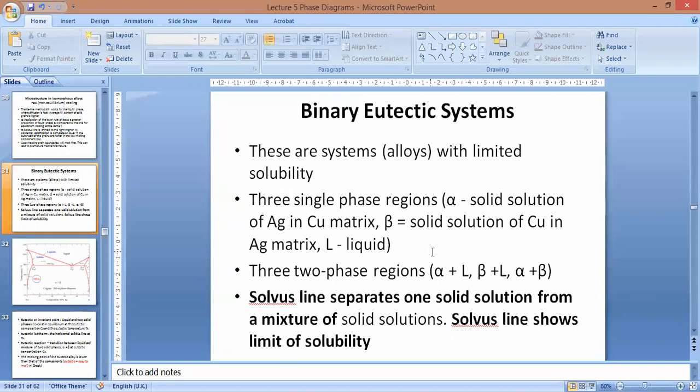Okay, so we move on to what are known as binary eutectic systems. Binary eutectic systems. These are systems of alloys with limited